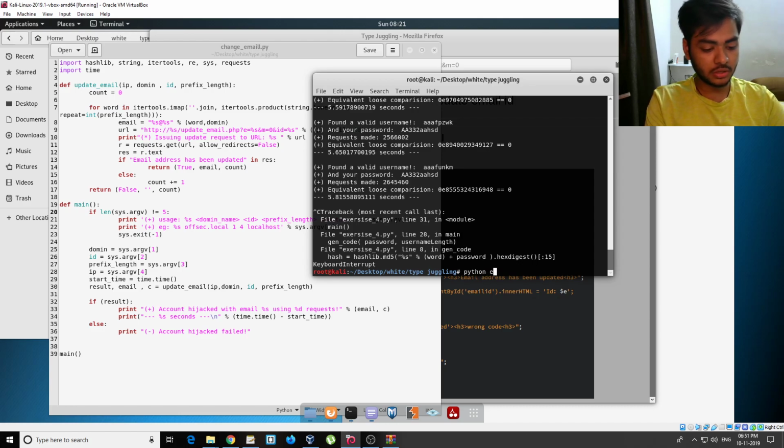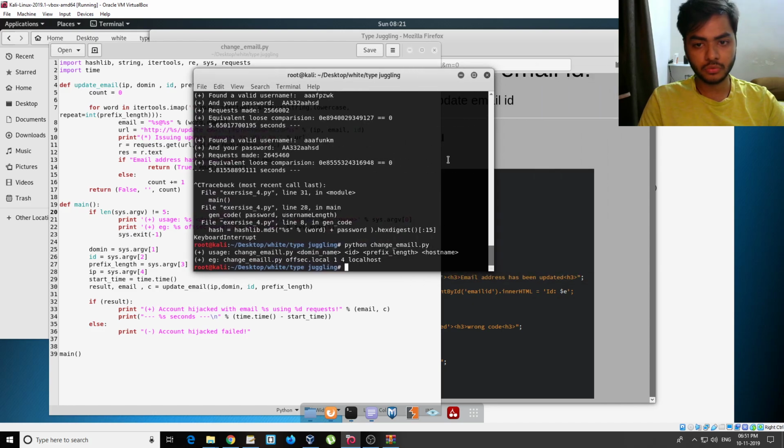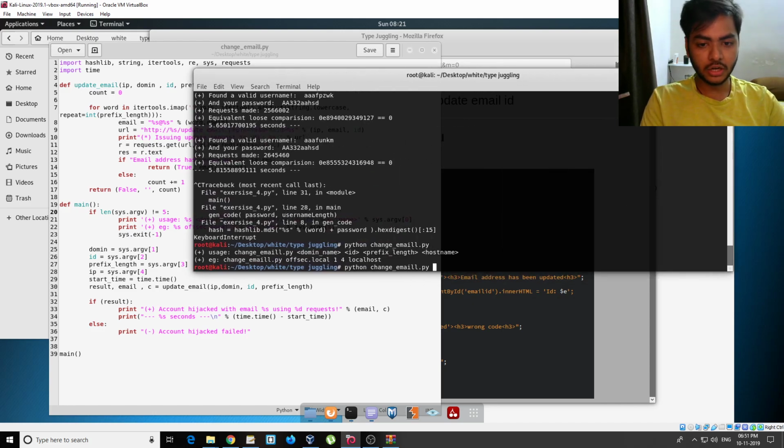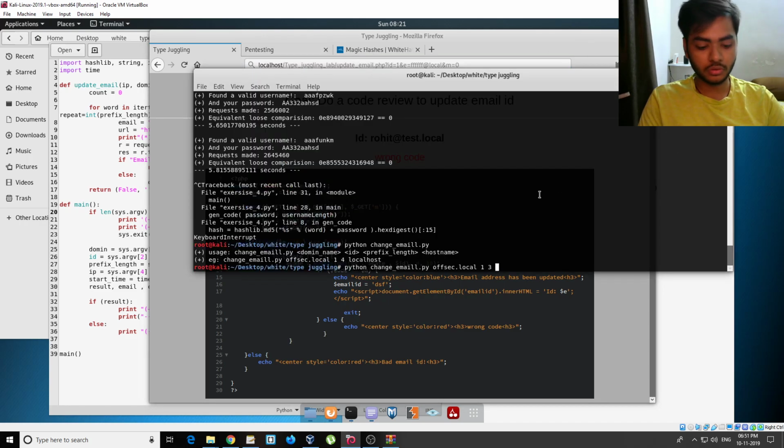Python change email. What I need is a domain name, something local. Okay, I put offset.local. Then the ID is going to be 1. The prefix length, suppose I want a prefix length of 3, and the host name I'll just take from here. The host name starts from this. And if I run this one,